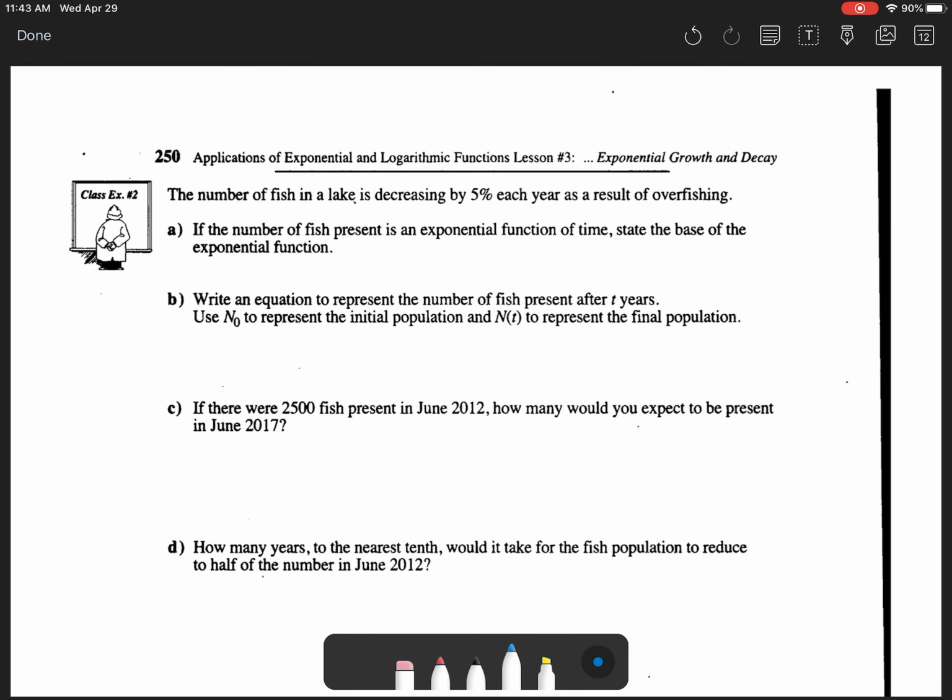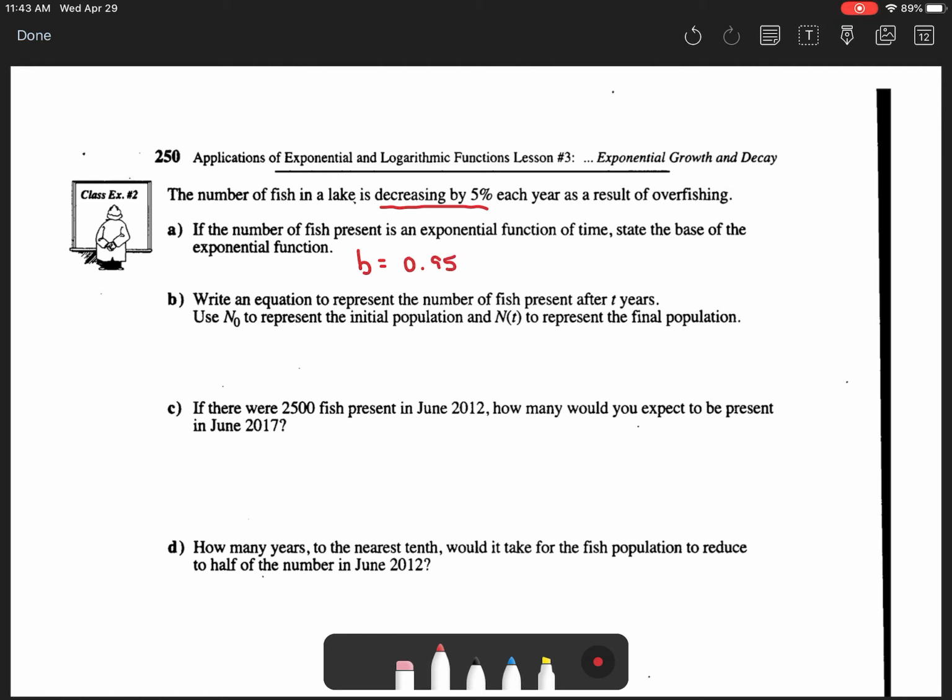So on the next page, it says the number of fish in a lake is, and here's the important part, decreasing by 5% each year. So going down by 5%. Part A says if the number of fish present is an exponential function of time, state the base of the exponential function. So the base of your exponential function is the value of b. It's b in your exponential equation. So b is going to be